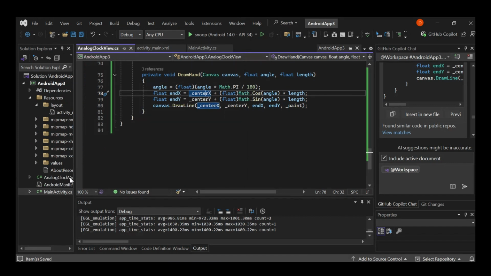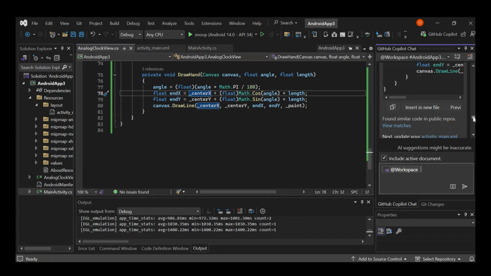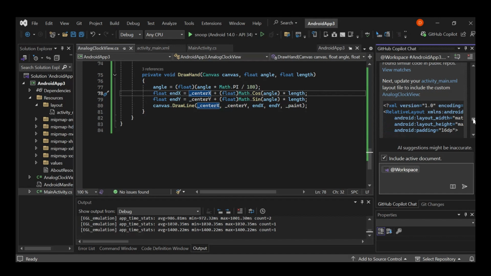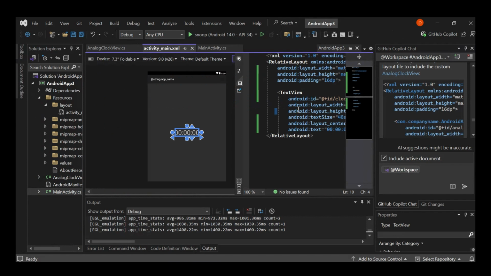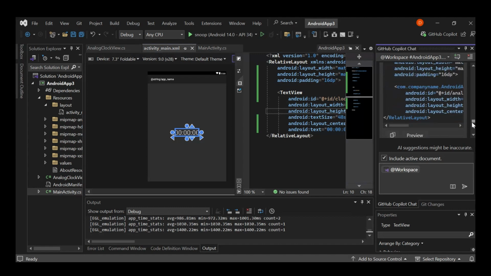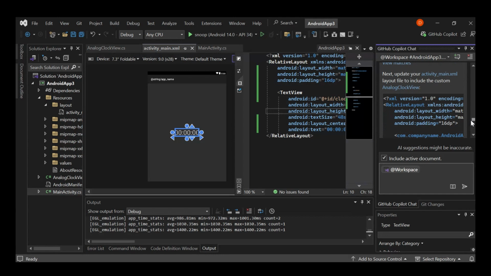So as you can see here now, we have it added to the project now. So it's AndroidClock.cs and AndroidClockView.cs. Yeah. So we have it added. So now let's go ahead and see if there's something more. So here, as you can see, we have the CS, the XML. So let's go ahead and then add the XML. So we update our activity main.xml. So go ahead and we select